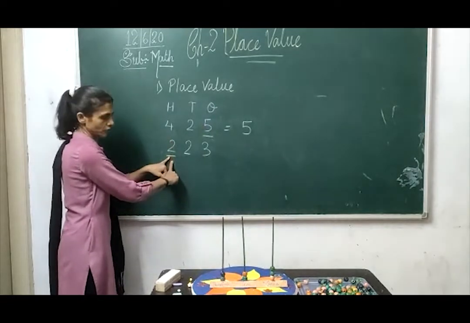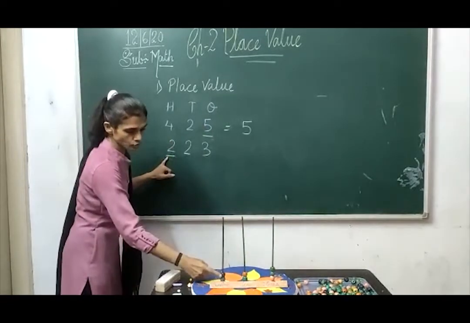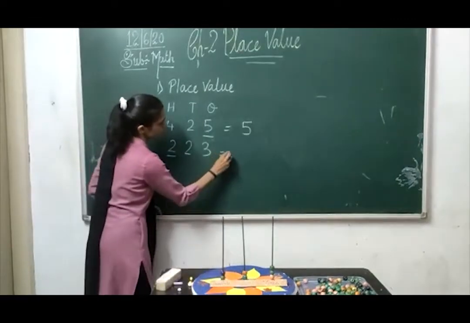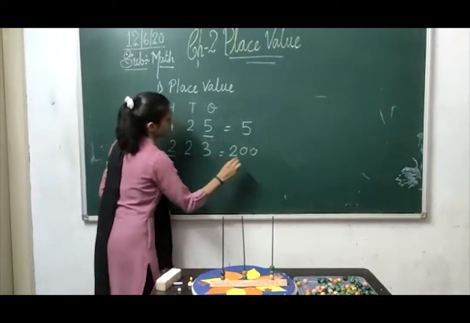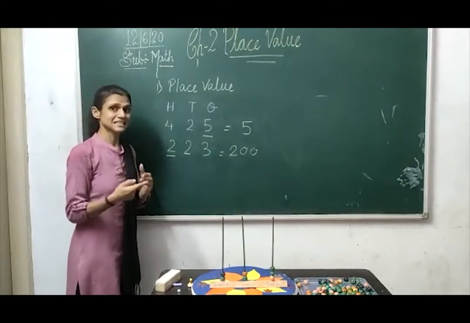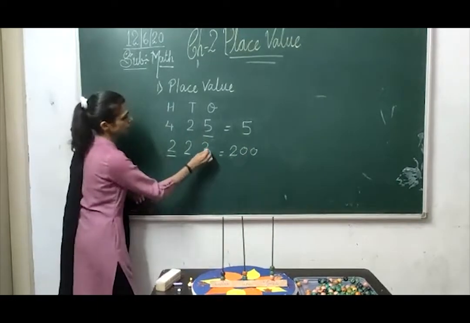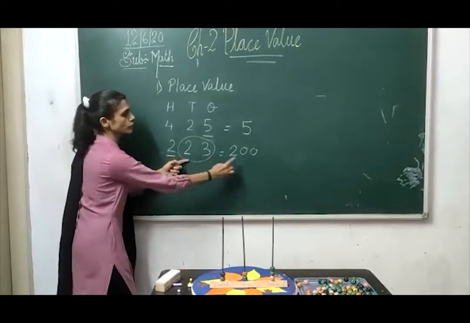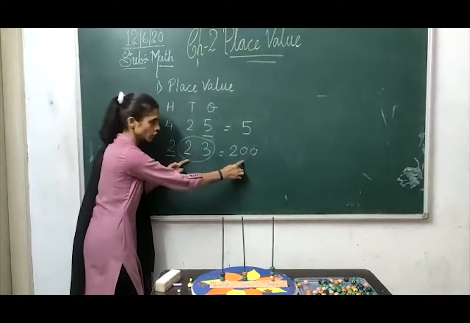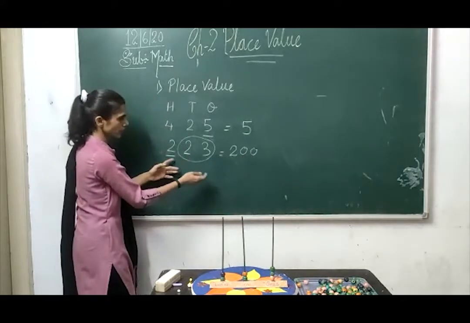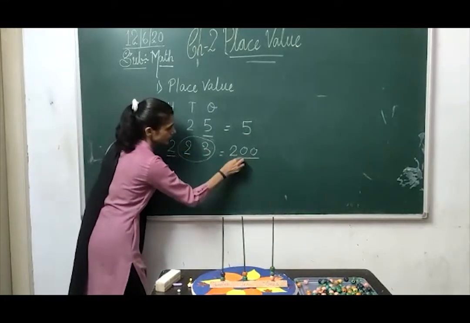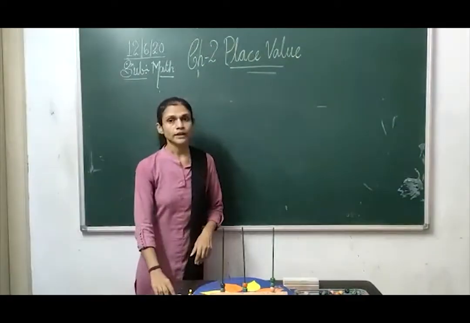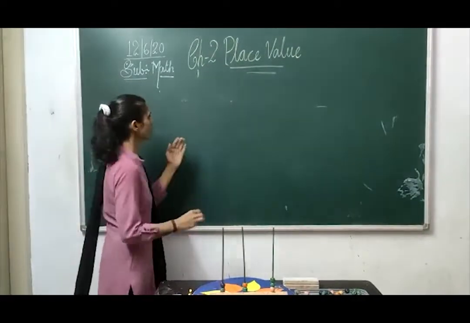In the hundreds place, how many were there? 2. But what is written here? 200. So what you have to write? 200. And if you want to make it much easier, what you have to do? You have to see backside how many digits were there. 1 and 2. So you have to put 2 0 over here to make it 200. You have to cut this. When you are writing, you have to put 2 0. Okay, related to place value, one more.